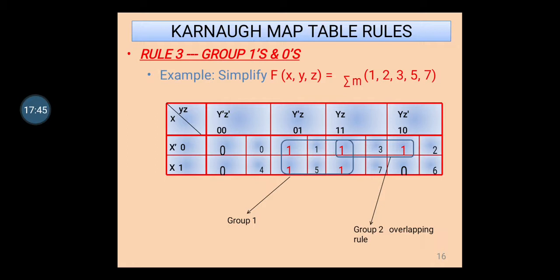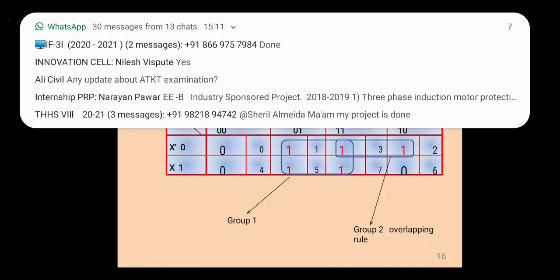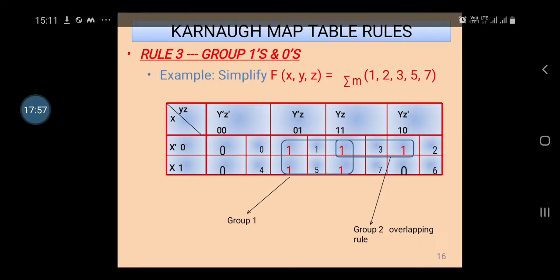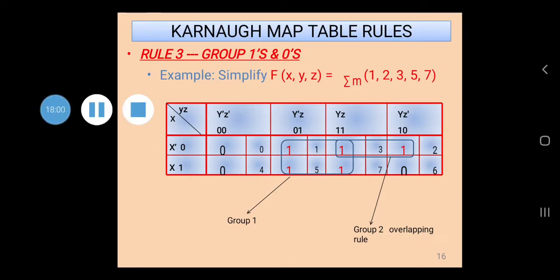So now what I've done here is, you can check group 1, it is of 4 ones. It has already been grouped. So group number 1 is shown here. Now the remaining one in cell number 2, you can see it was a single one remaining there. And the rule is to form maximum grouping. As I said, if 8 ones is not possible, then 4 ones, and if 4 is not possible, then at least you have to do 2 ones.